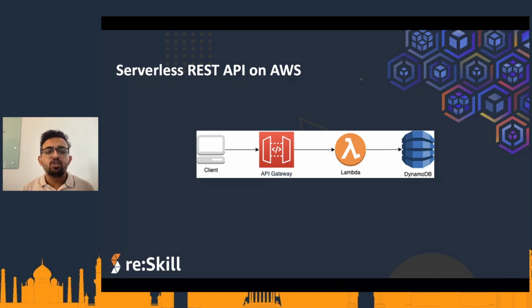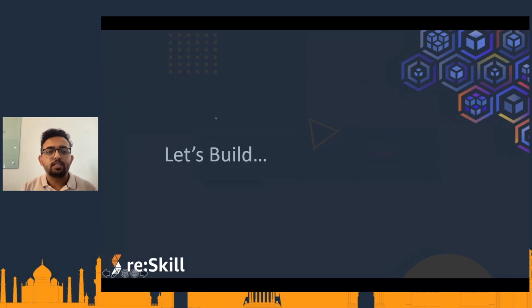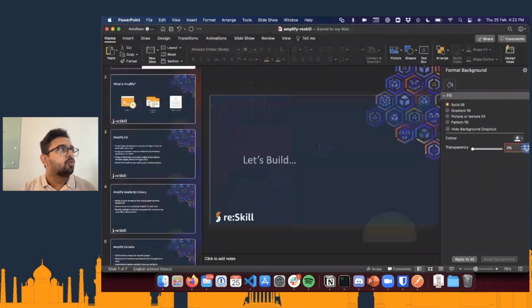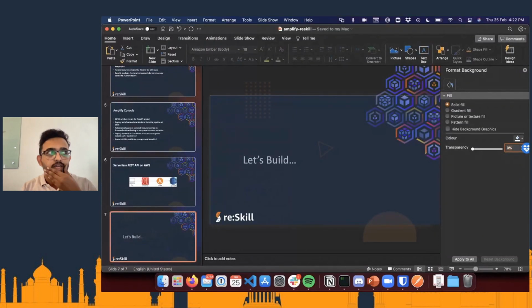So this is a typical use case. I thought we would build something like this today to give you an example of how it works. With that, that's the end of the presentation, and we will move on to giving a live demo of the application.